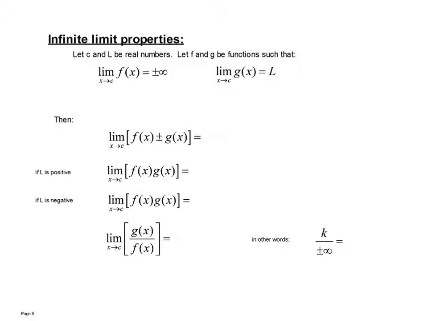All right, so this is going to be a little bit of a summary of what we did last time about infinite limits, meaning limits that end up going to infinity, vertical asymptotes in particular. So in general, these are some limit properties. If we have a limit so that we have